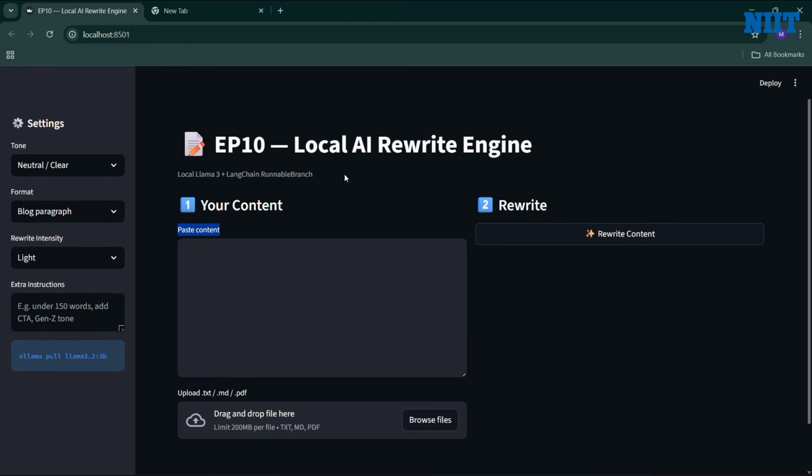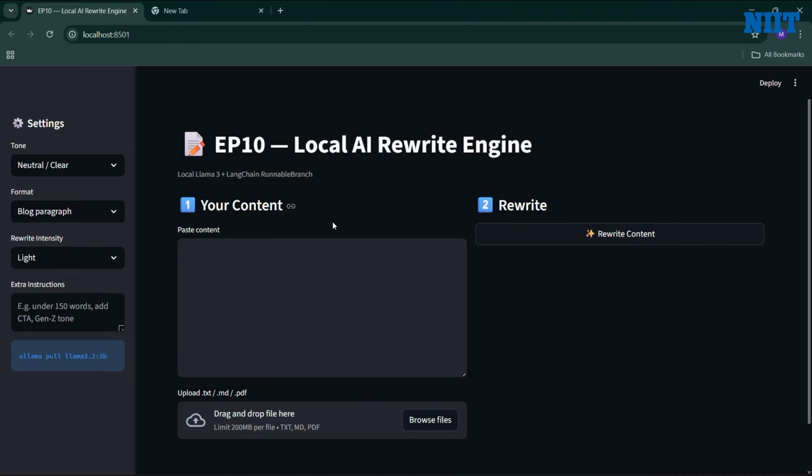The important part isn't just that it rewrites text. It's that the same input behaves very differently based on rewrite intensity, without changing the model and without changing the prompt structure. And like every project in this series, everything you're seeing here runs fully locally. No APIs, no cloud calls, just Llama 3 through Ollama, wired up using LangChain and Streamlit.